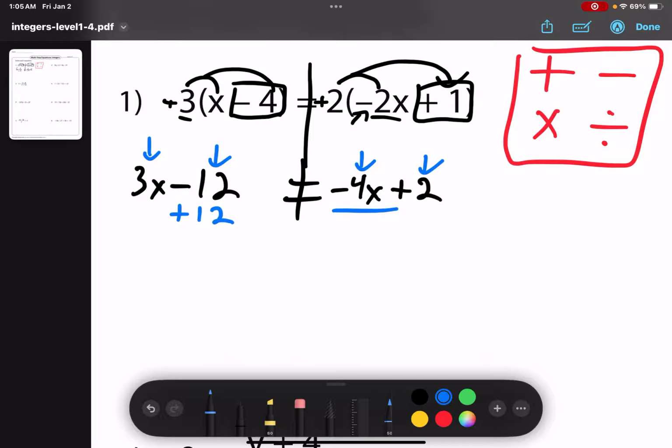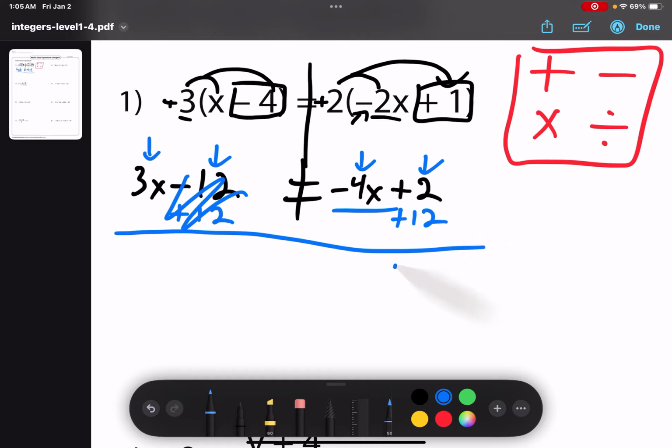So plus 12, because these do not have variables like here. So this cancels out. 2 plus 12 is going to be plus 14 because they're both positive. Let's move this down. You have a negative 4x equals, we can still keep that line coming down,